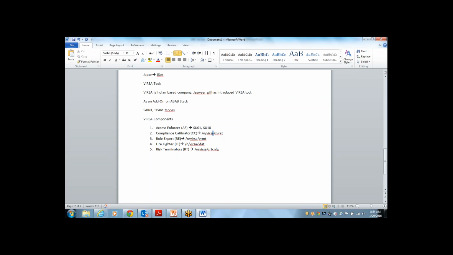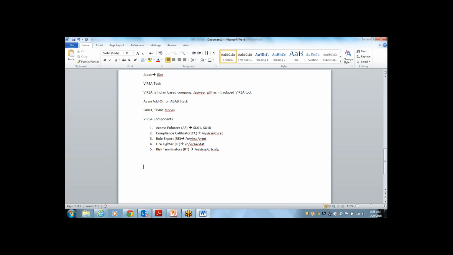I am sure you might have already seen these transaction codes and this VIRSA name in the firefighter tables and other component tables, because you worked on 5.3. So in 5.3, whatever tables you see starting with /VIRSA, or transaction codes starting with /VIRSA, that is not the situation in GRC 10.0 now. You never see the VIRSA name in any table or any transaction or any function module in GRC 10.0 onwards. I'll tell you that story also, why we are not able to see the VIRSA name in 10.0. We'll discuss all those details further. Okay, so these are the major components we had.